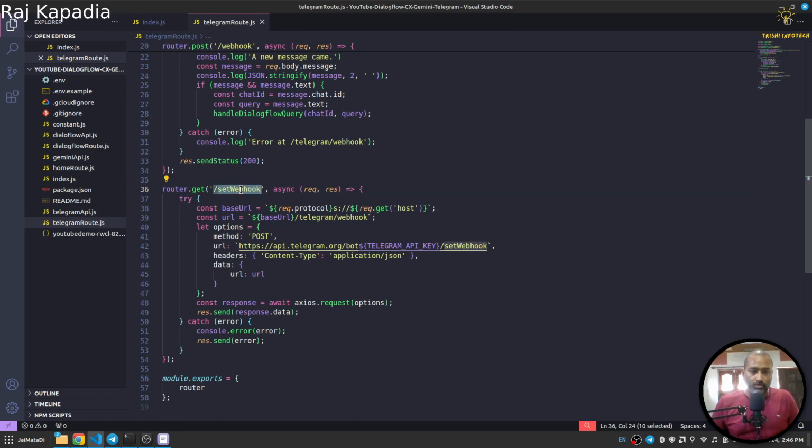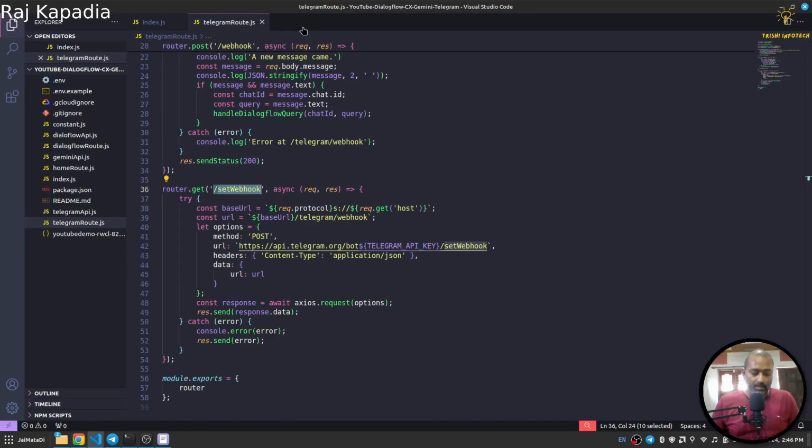So I'll click again here, followed by Telegram, followed by set webhook. Make sure you spell it correctly. Set webhook. Let me check it as well, and if everything goes well,